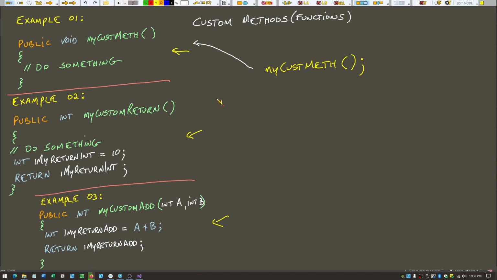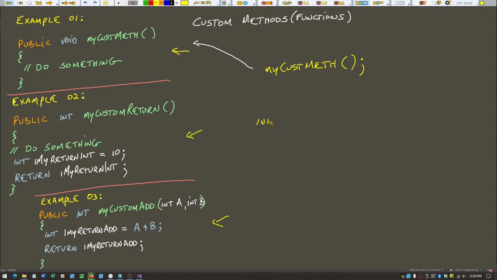In the second example here, it's a public method or function, and in tyFlow they're all going to be public. And it's another accessibility issue, but for the scope of tyFlow tutorials, everything's public. We're going to return an integer here, and this is the name of our custom method. So in our script code, wherever we're going to use this, we have to be ready to accept an integer for return. So we could say